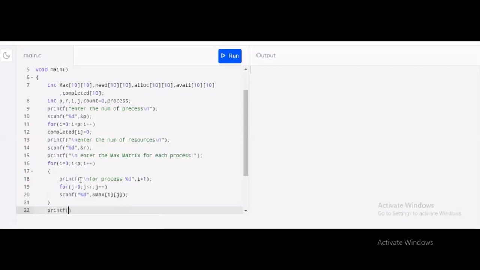Now I will enter the allocation for each process. So for each process, we will use the for loop. First I'm going to write printf, enter the allocation for each process.